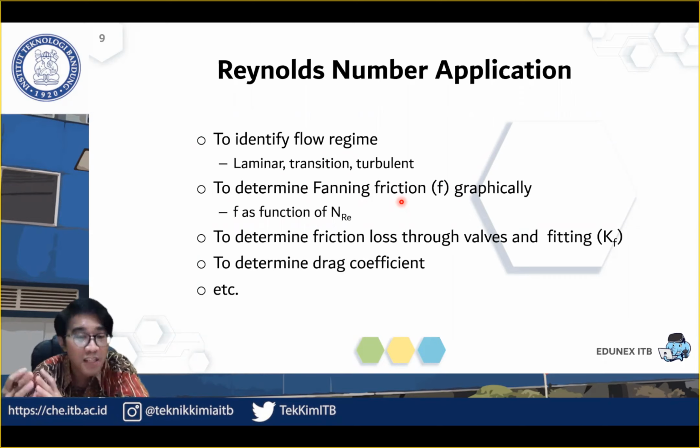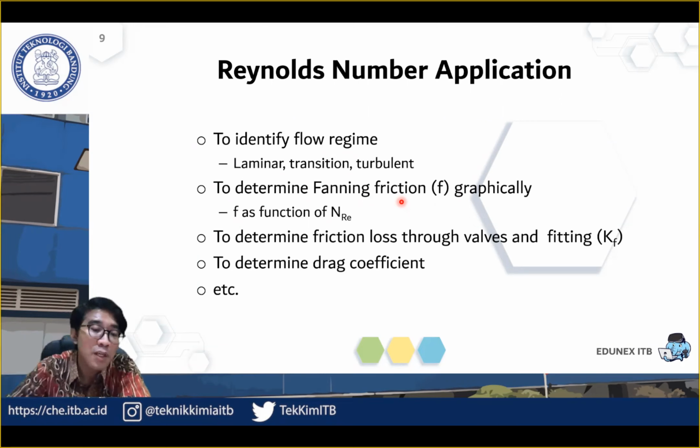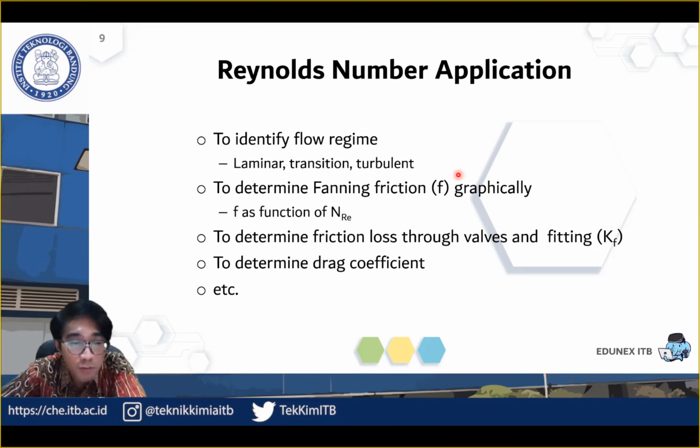Ya, the higher the friction, it means loss of energy is also higher. The higher energy loss means you have to supply more energy in order to make sure the fluid is still flowing to the final point. It means you have to make the pump work higher, or the blower work higher. Then to calculate the friction force, you can use the friction factor, and this friction factor will be calculated by using the Reynolds number.